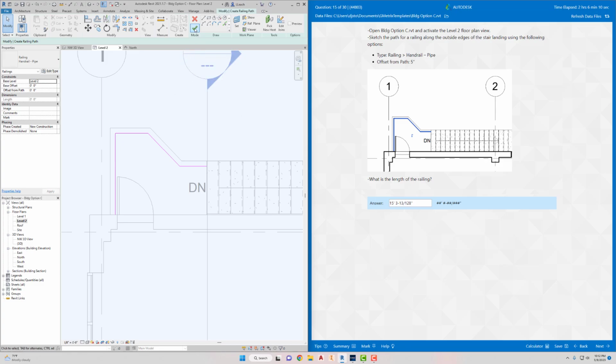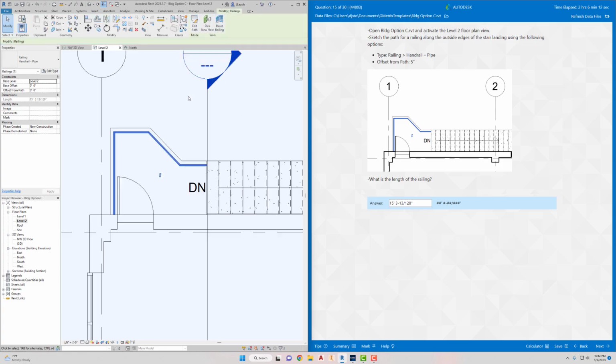So let me hit the check. I'm gonna click on the railing, which it already is. So the length is gonna be, is that it? 15, 3, and 13 over 128. So I act like I didn't see that. So 15 feet, space, 3, dash, 13,